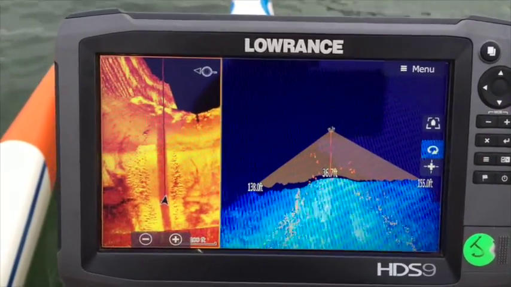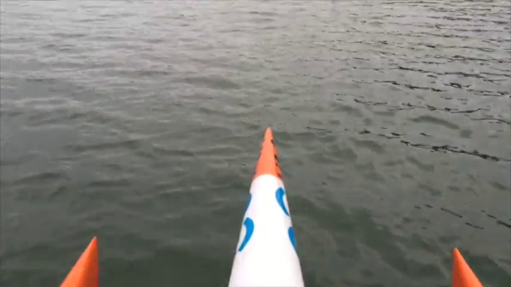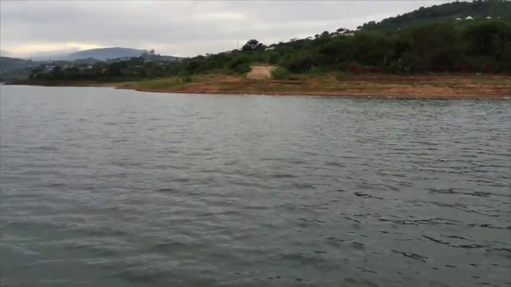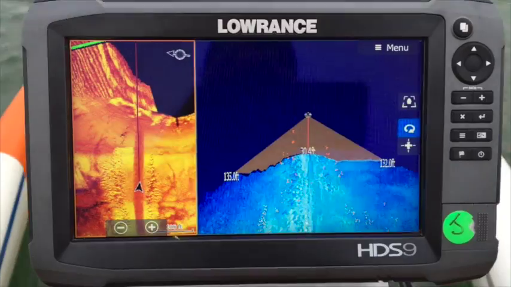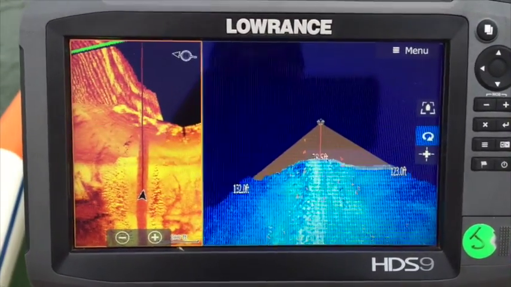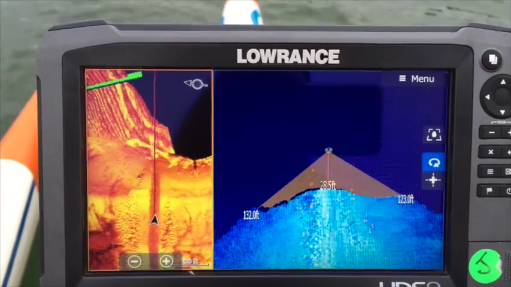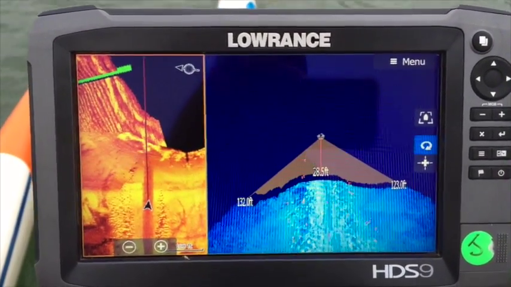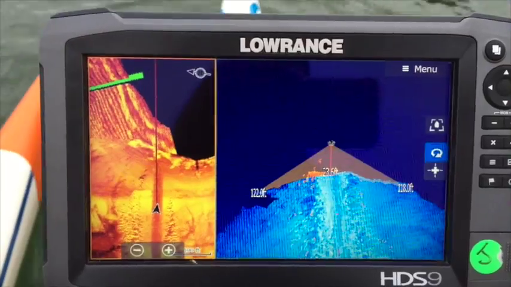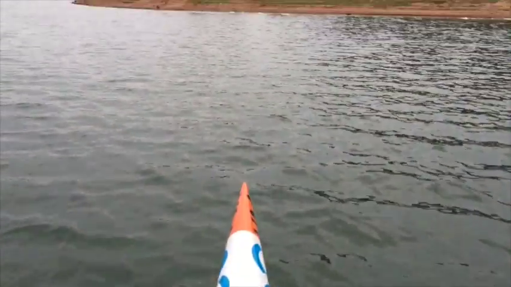So basically what you would do here is I'm driving up this. It was an old ferry here, and you can see it coming up on the map there, and you can see it quite nicely being displayed on the 3D view. So what I'll do is I'll drive up it like what I've done now. Go as far up as you dare, obviously without hitting the shore,